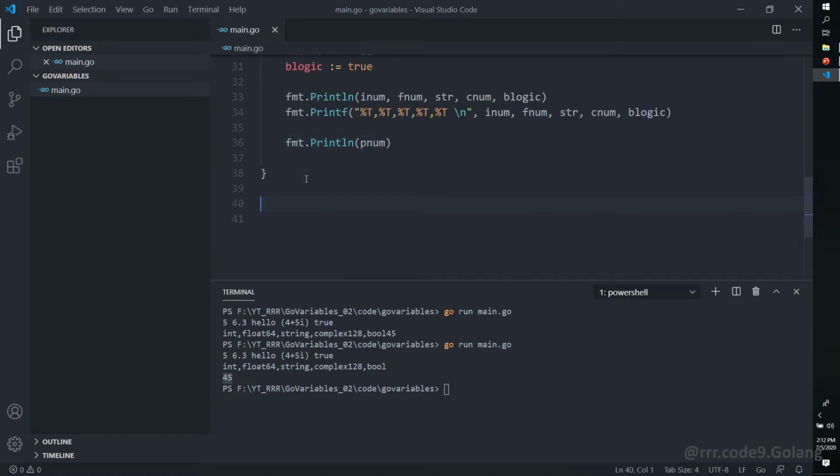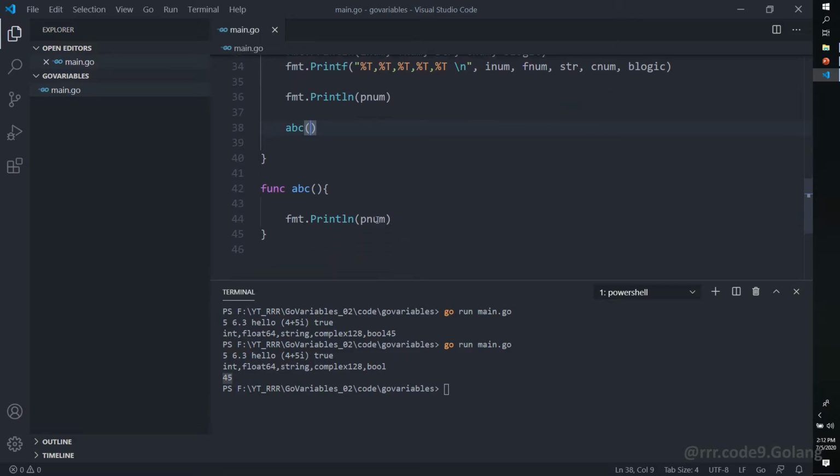Let's define another function here, func. We can name the function as abc and we'll access and print the package variable pnum here, and let's call the function from the main function. So here we can just give a statement so that it is understood well.